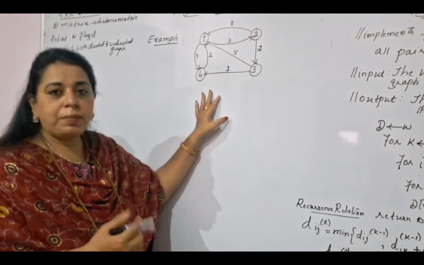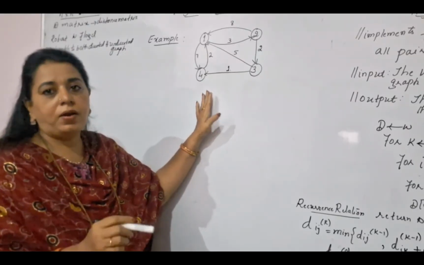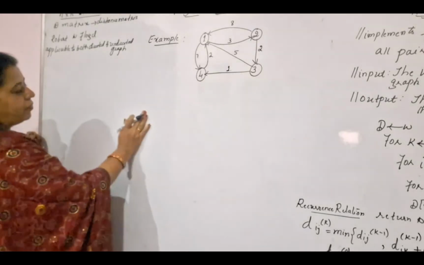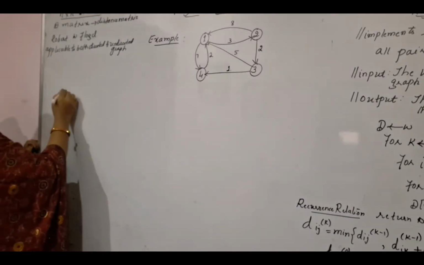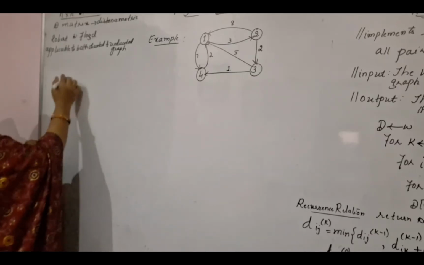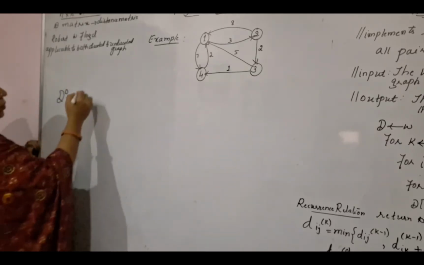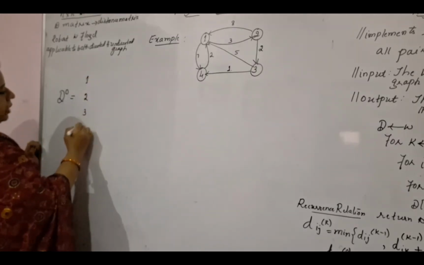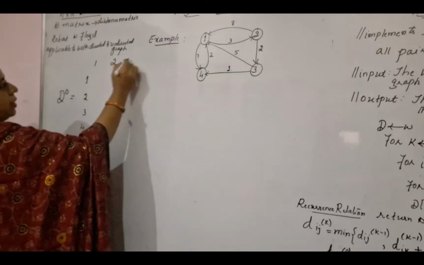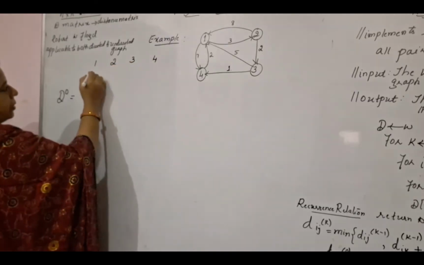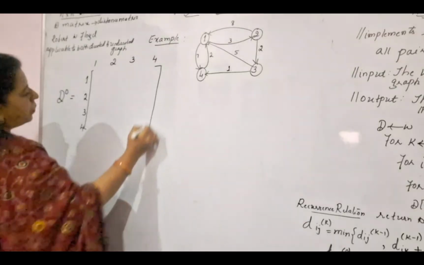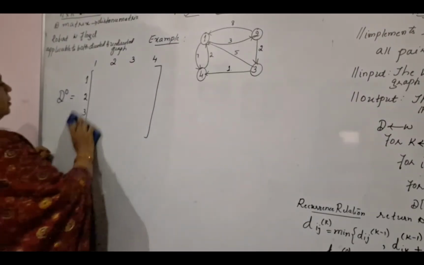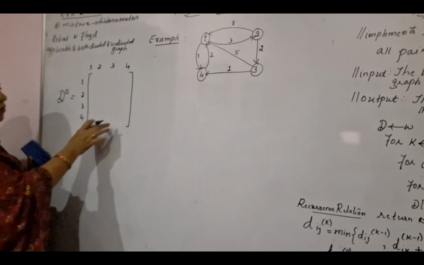What should be the first step and how are you going to proceed in order to solve the problem? Let me show you step by step. The first thing is, whatever the given graph is, you obtain the initial matrix. We denote this matrix with D0 and call it the distance matrix. Check the number of vertices: 1, 2, 3, 4. You write the same thing for the columns because it is an n by n matrix. You will have 4 into 4, 16 elements to store in this. Let me sketch a little smaller here. You are going to fill all the elements here.